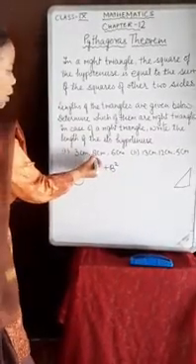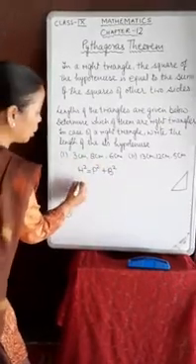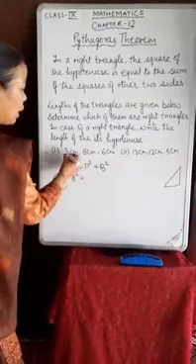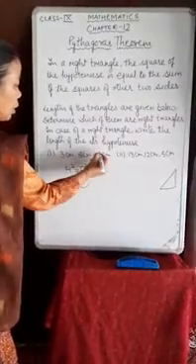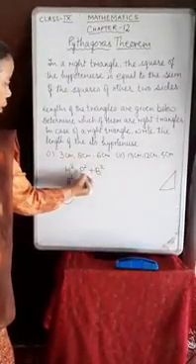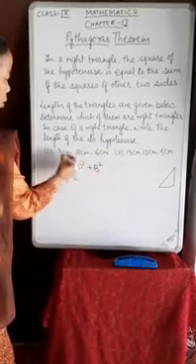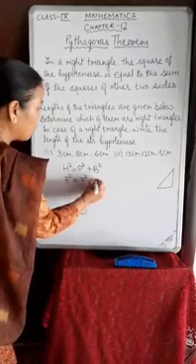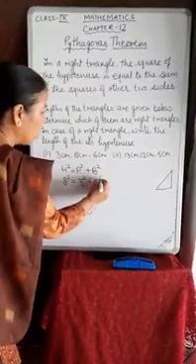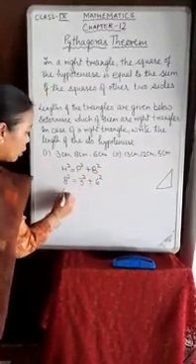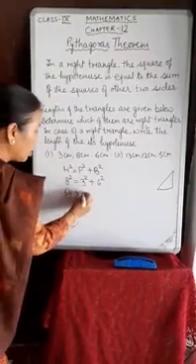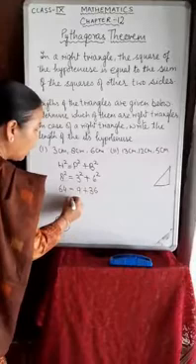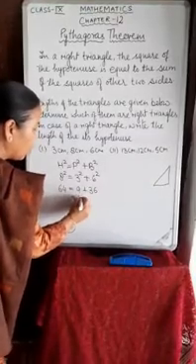Now here the longest side is 8 centimeter, so it will be 8 square equals p square plus b square. Any of 3 or 6 you can take as perpendicular, and the other will be the base. So we are taking perpendicular as 3, that is 3 square, plus base is 6, so 6 square. And we know that the square of 8 is 64, equals 3 square is 9 and 6 square is 36. And if we add these two numbers, we get 45.